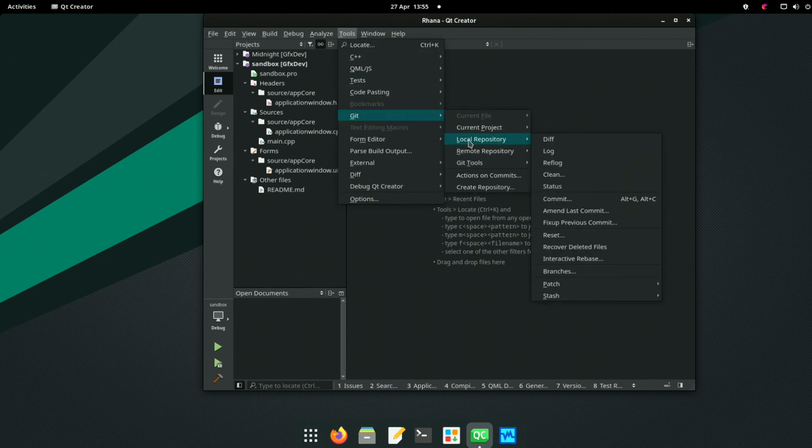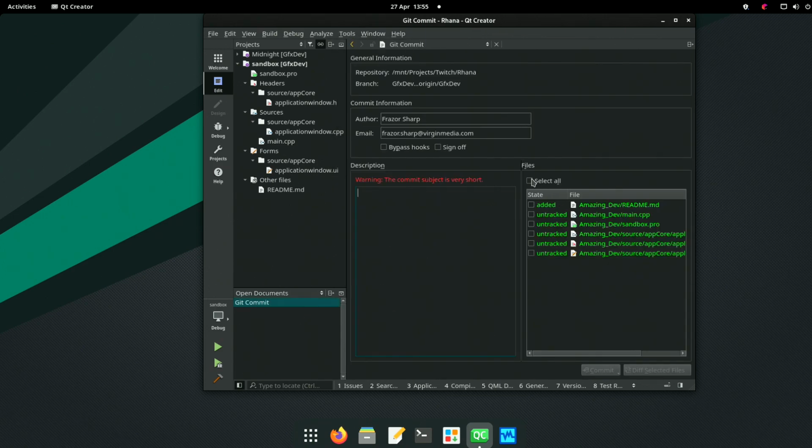Local repository is commit. Select all files, including the README. Everything looks good there. Initial commit. I never say anything about my initial commits.